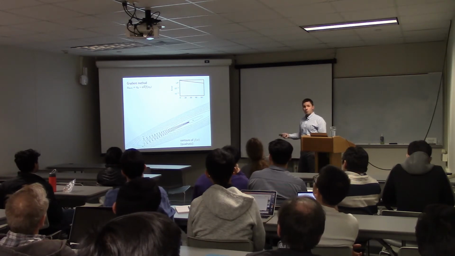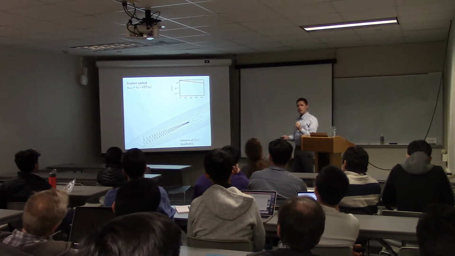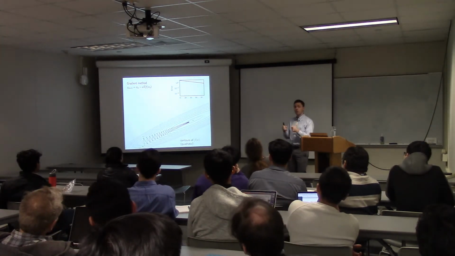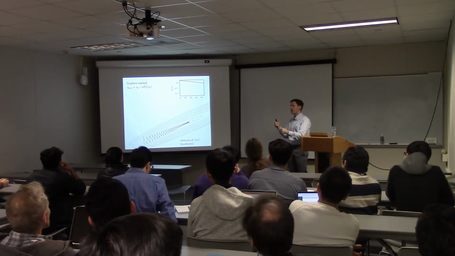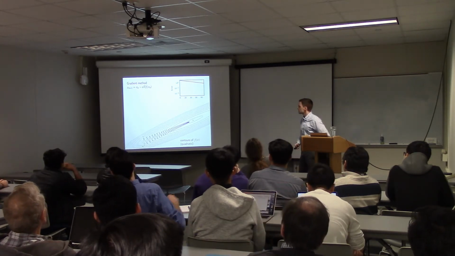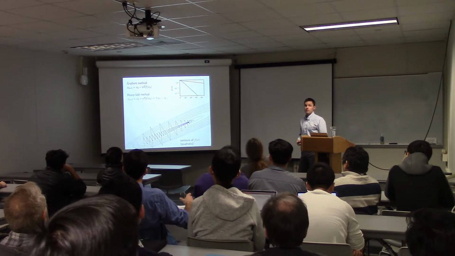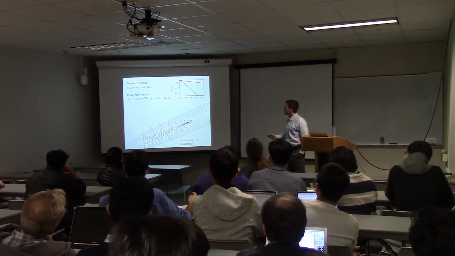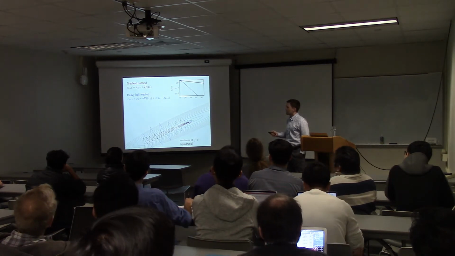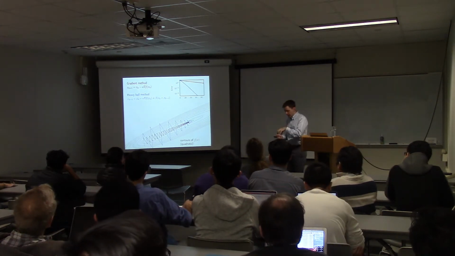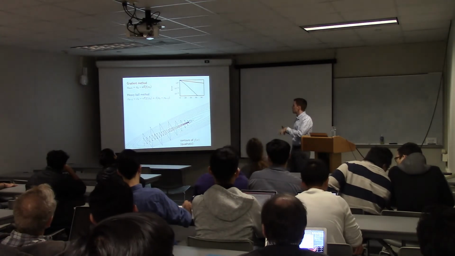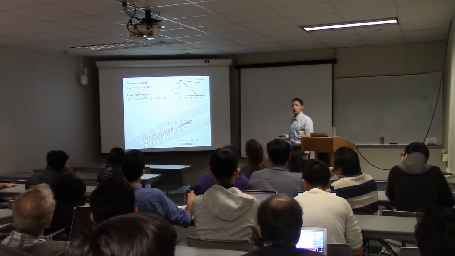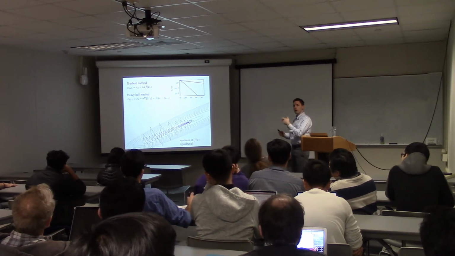Okay, but what can we do to improve this, still only using gradient information? Well, you might say, what if we use a little bit of memory? We try to remember where we were at the previous time step and use that information so that we're not zigzagging all the time. Enter momentum methods. This is the heavy ball method. Here you store your previous iterate. You're currently at x_k, but you remember where you were at the previous time step. You take something that looks like a gradient step, but then you add to it this extra term that depends on the difference between where you are now and where you were before.